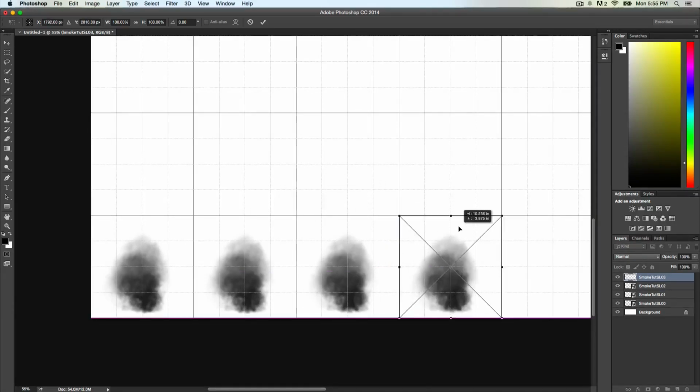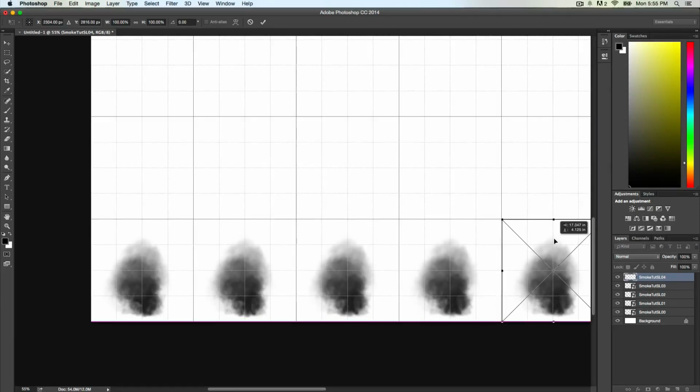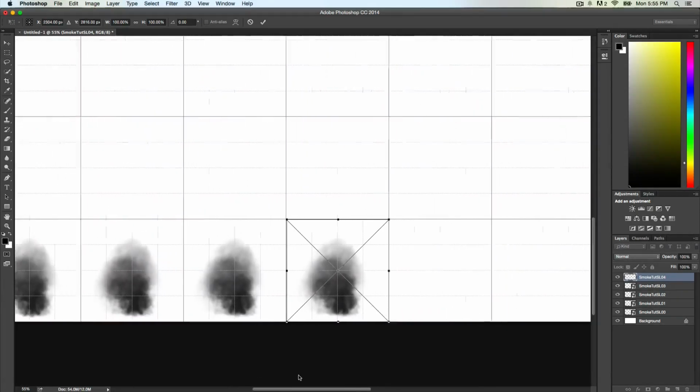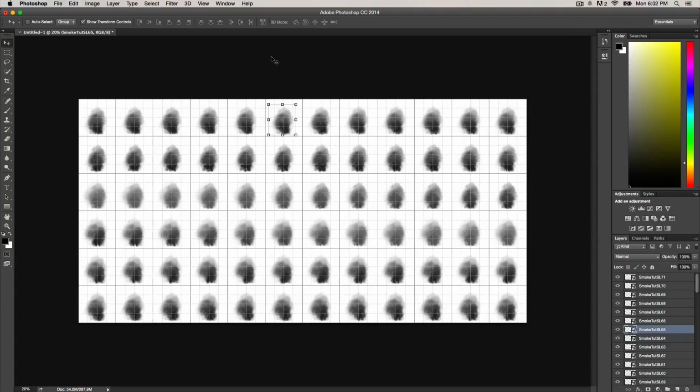And you'll do this basically till you have all of the squares filled up. So you're going from bottom to top, left to right. So once I finish this, I'll be right back and show you how to use it. Alright, so once you're done, you should have something that looks like this, and your first frame will be here. Your very last frame of animation should be here.